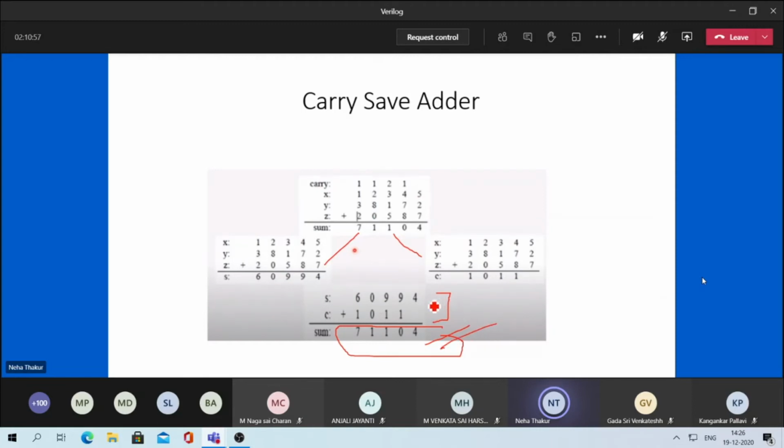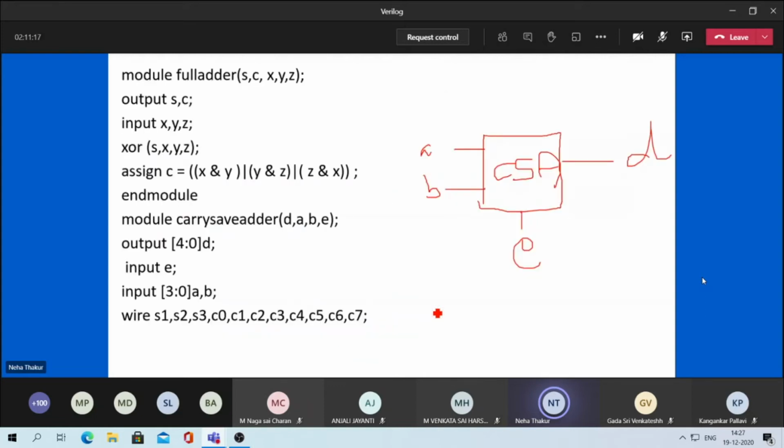So now I think you understand why we are getting only one output, because ideally your adders should have sum and carry as the output. But for carry save adder, you are having only the final output, that is D. And D is the sum of two different partial outputs. So here D is your output. And now whatever remaining you see in your diagram, it all comes under wire. You will write all the internal inputs and outputs with the name wire.